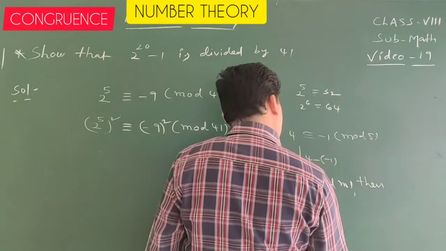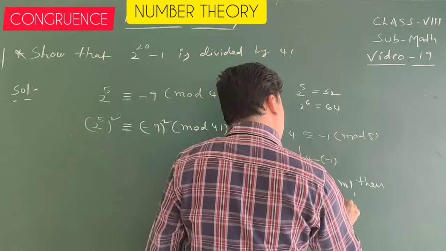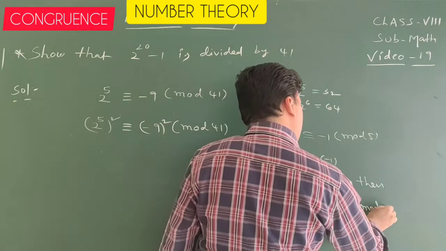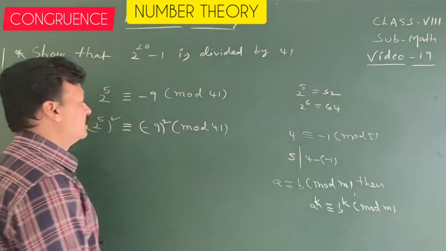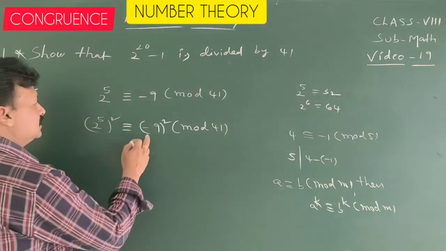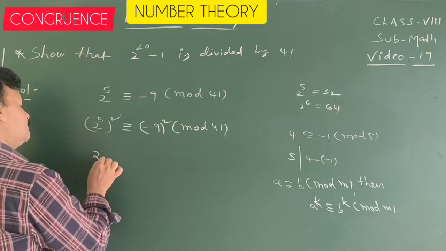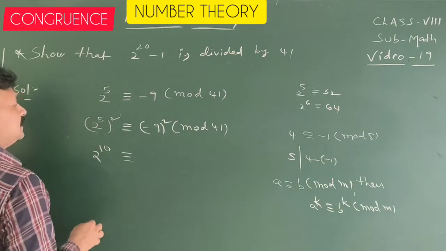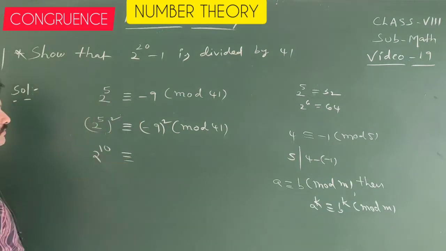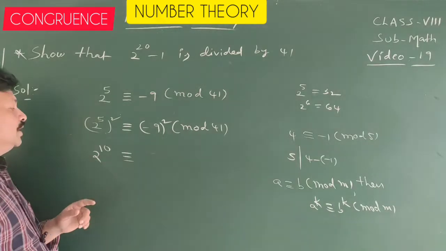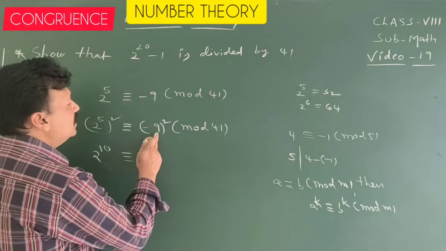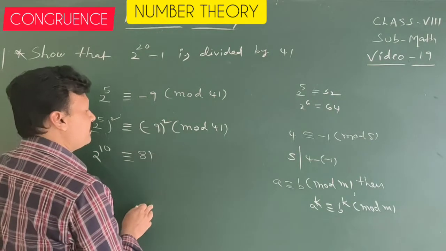Then A power K is congruent to B power K to the mod M. We can write the same power on both sides; there is no change in it. Now 2 power 5 squared means 2 power 5 whole power 2. A power n whole power n means A power mn. So 5 times 2 is 10. 2 power 10 is congruent to 81